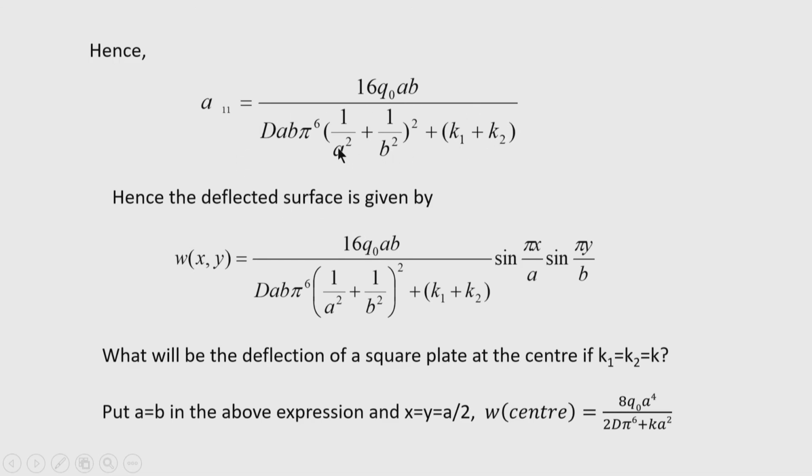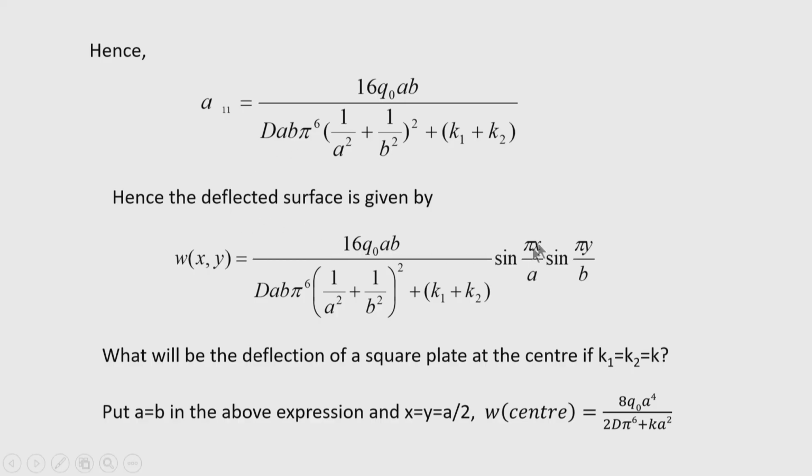Now, you can note here that this expression can be verified easily, because when there was no spring, the plate is like a rectangular plate simply supported along all edges, subjected to only a uniformly distributed load. In that case the results are well known. So, if the springs are absent, then we can take k 1 equal to k 2 equal to 0. The expression coincides with the expression that we have obtained in the case of a rectangular plate subjected to a uniformly distributed load and having simply supported edges.